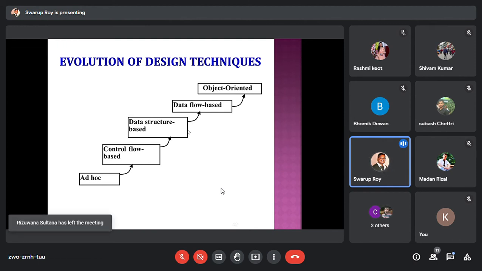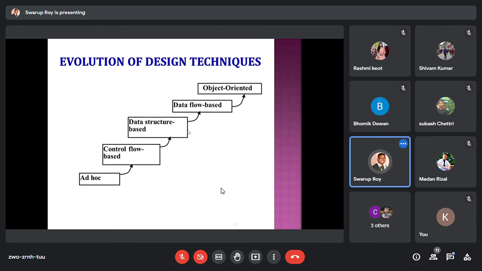If I sum up these things, we started with ad hoc programming, what we call exploratory programming, and then it goes to control flow based programming, and then to data structure based programming. So from control to data, then data to data flow. Control flow is basically very limited to small programs. Then, since you have to bring some kind of abstraction into that, data structures bring a certain level of abstraction.